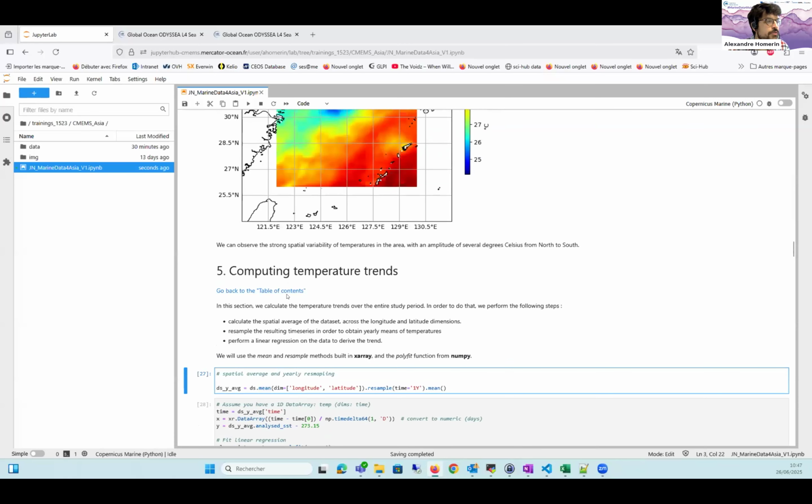Then we have daily data, if you remember, which of course, if you plot 40 years of data, will show a strong seasonal variability. And in order to erase that, we can just resample the data and compute yearly means. So this is what is done here, for example, to have yearly data and